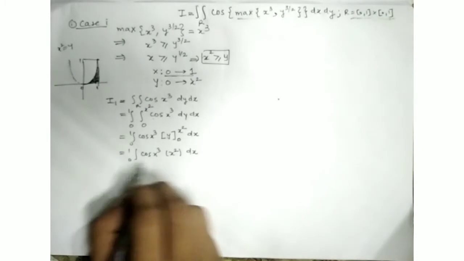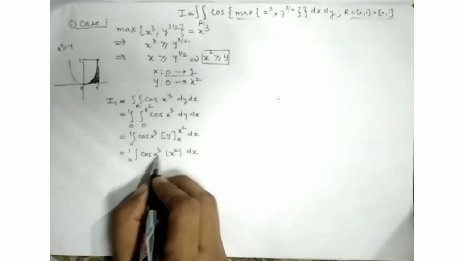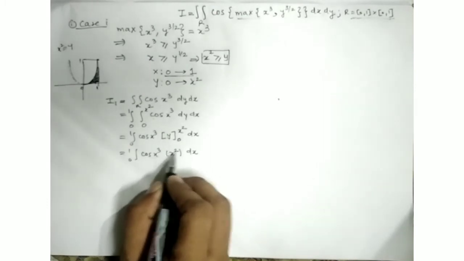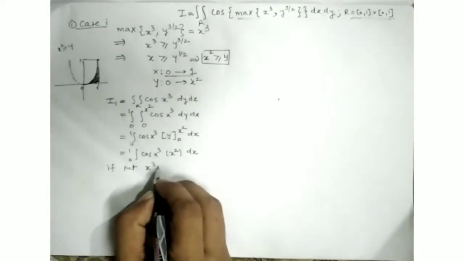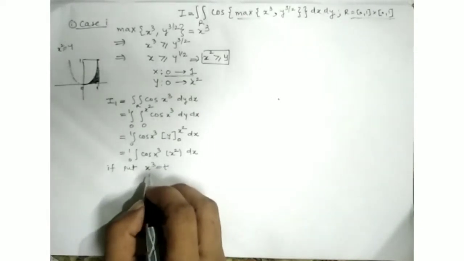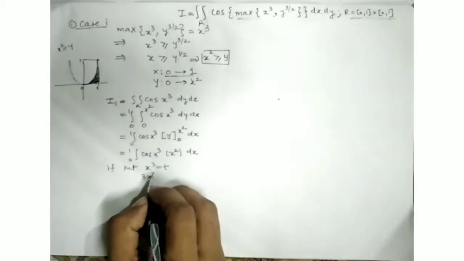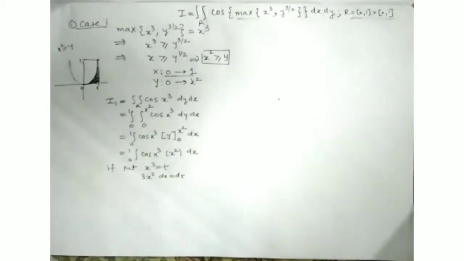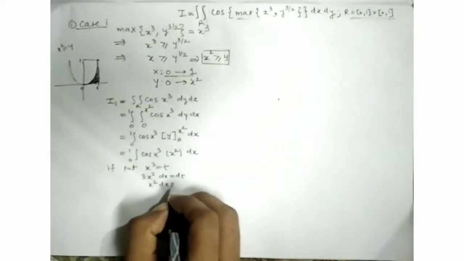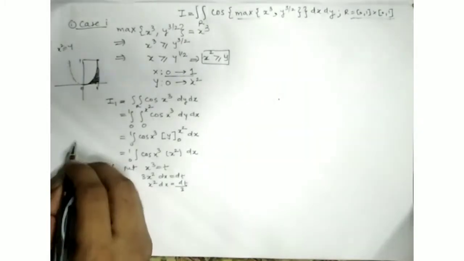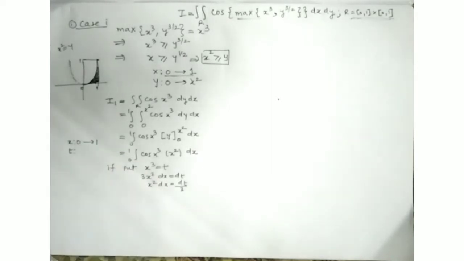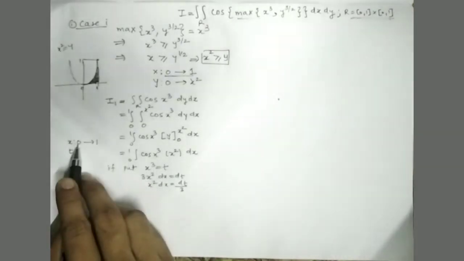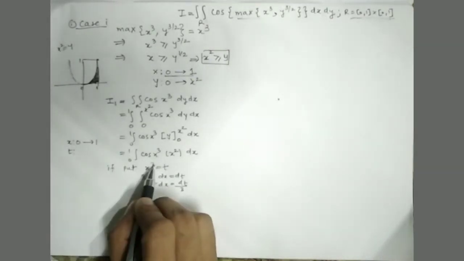How do we solve this? We have to go by the substitution method, because the derivative of x cube is always quadratic. So if I put x cube equals t and differentiate on either side, I will get 3x square dx equals dt. That means x square dx will be dt by 3. Now what will be the range for t? Our x was running from 0 to 1, so I have to substitute the values of x. If I substitute x equal to 0 here, I will get 0 cube, which means what?